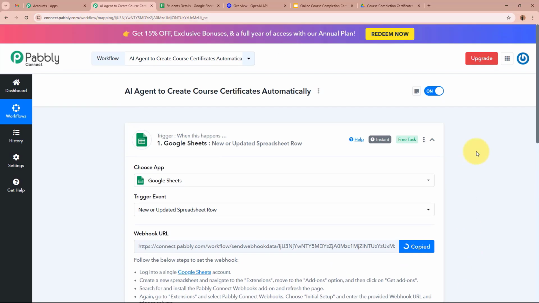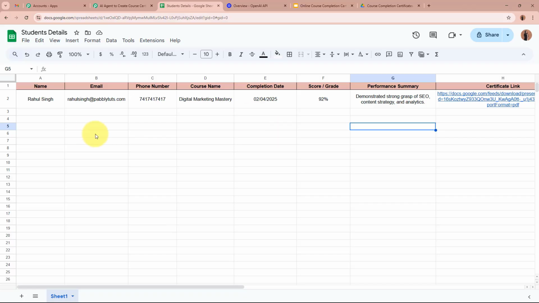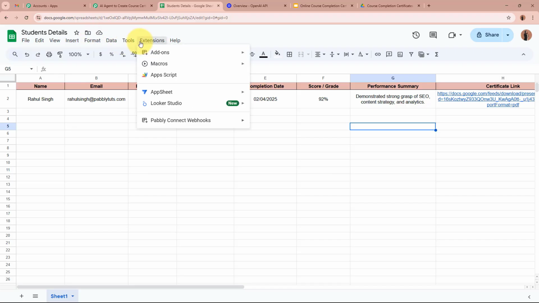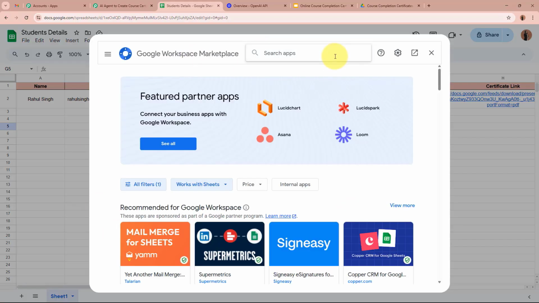So firstly, I'm going to copy this URL from here. After copying the URL, open the spreadsheet that you want to connect to Pabbly Connect. Now to connect this spreadsheet to Pabbly Connect, from this panel, go to Extensions, Add-ons and click on this Get Add-ons option right here. As I do that, this window is going to appear in front of you, on which, in the search bar, you have to search for Pabbly Connect webhooks